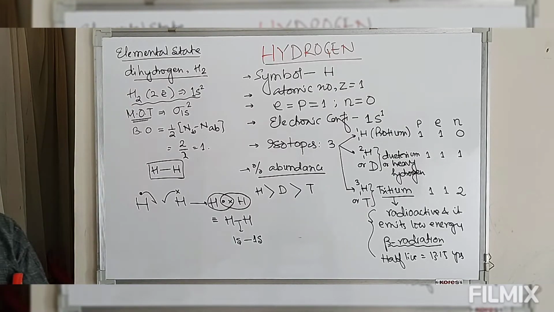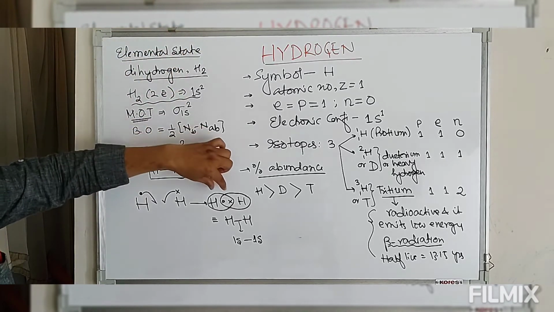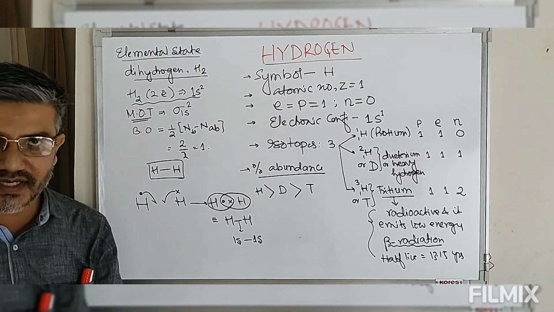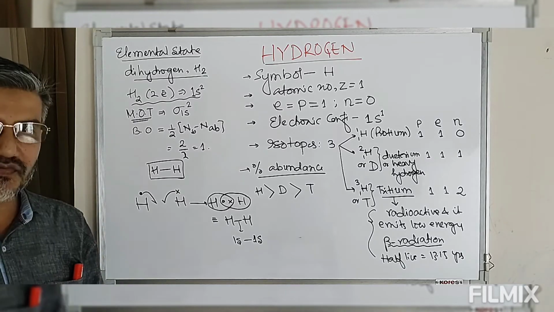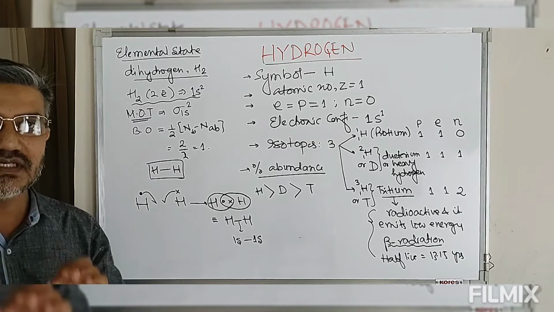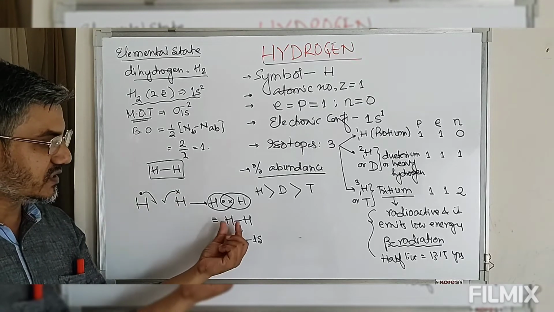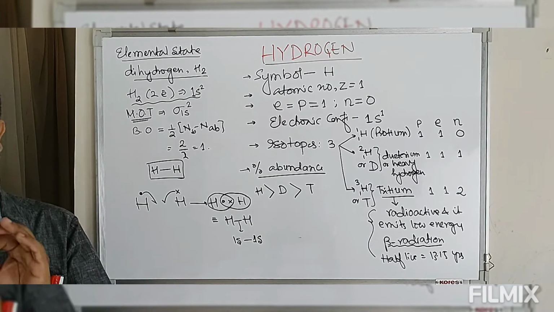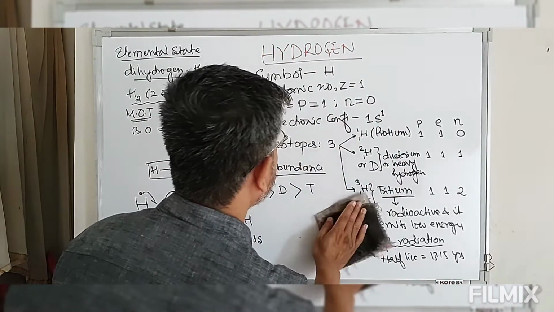Now this dihydrogen, in its elemental state, exists in the form of H2. This hydrogen sigma bond is one of the strongest of the sigma bonds, single bonds present in any covalent molecule. Because of this, the hydrogen molecule is inert, or its reactivity is low. The reason for the low reactivity of this hydrogen is this hydrogen bond being a very strong sigma bond.